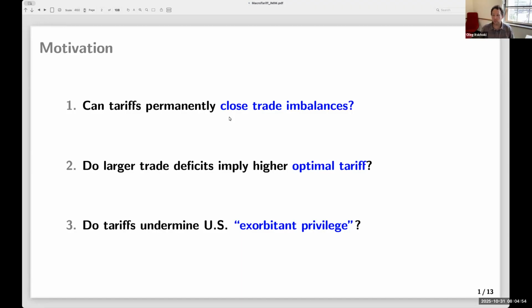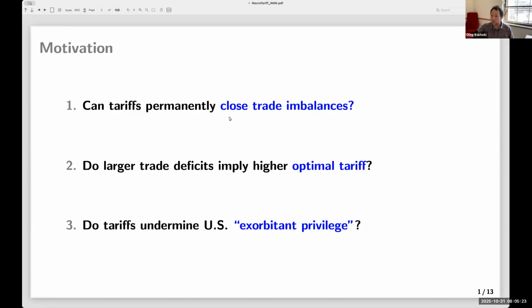Of course, a tariff is an instrument that's much more directly targeted to gross trade, to both total imports and total exports. It's a much less direct instrument for net trade, for trade deficits and current account deficits, which are the focus of global imbalances. And so the question is, can you use this indirect tool that's good at reducing exports and imports to also reduce trade imbalances? That's what we're going to start with.